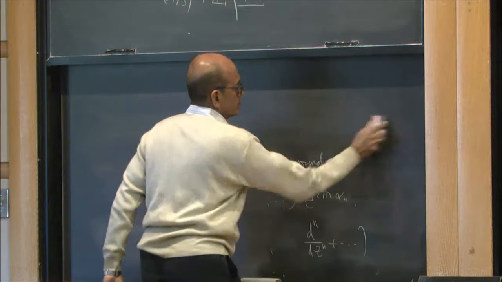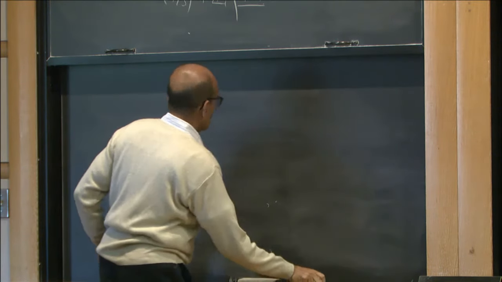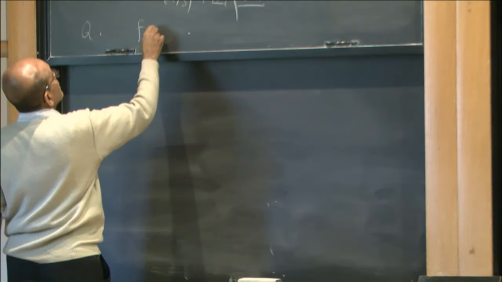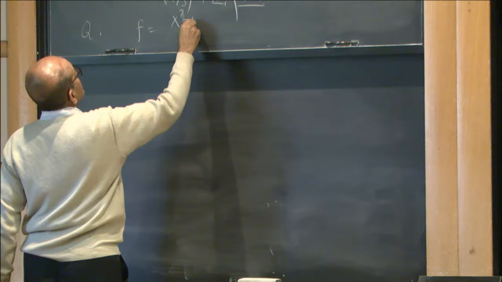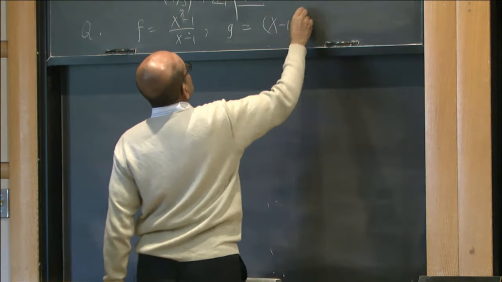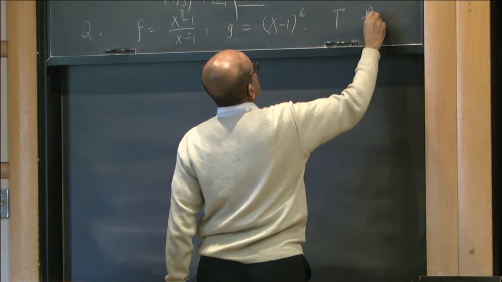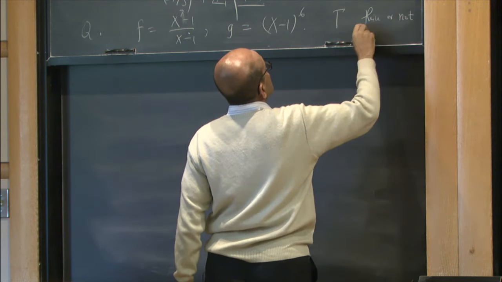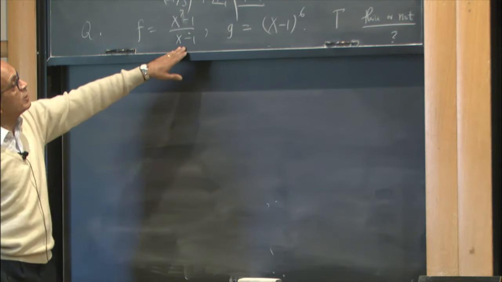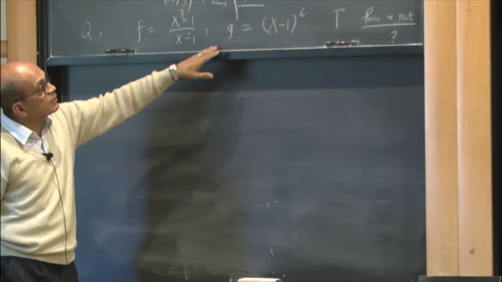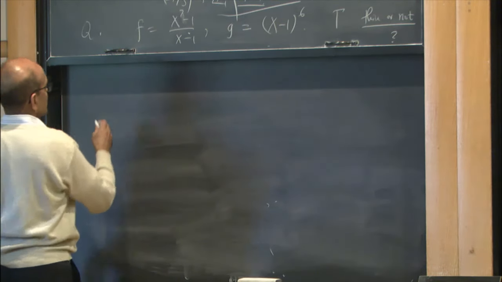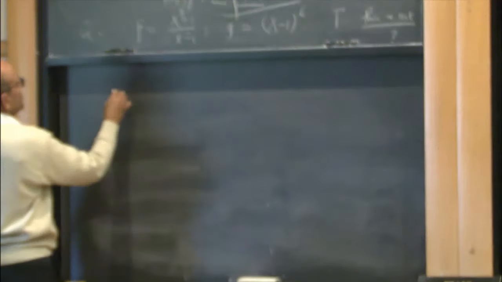So this is not known as far as I know. If I take f to be x to the 7 minus 1 by x minus 1, and g is x minus 1 to the 6. This is also what Peter mentioned as the monodromy associated to the Dwork family, but one doesn't know this. So let me just mention one result, which is also, if